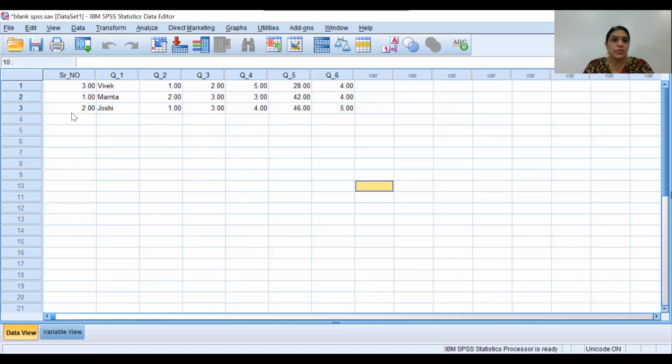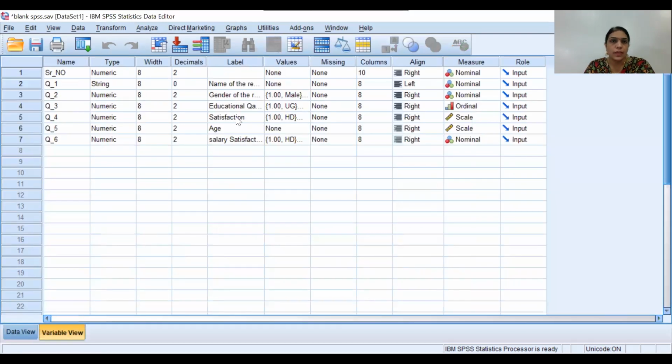Now, when you see these numbers, it is 1.00, 2.00, I dislike this. Clear? So if you want to make it simple, 1, 2, 3, 4, then I can remove the decimal points. How? You can click here in decimals and then keep it 0. Then automatically all the decimal points displayed will be changed. So that is the way you can change it.